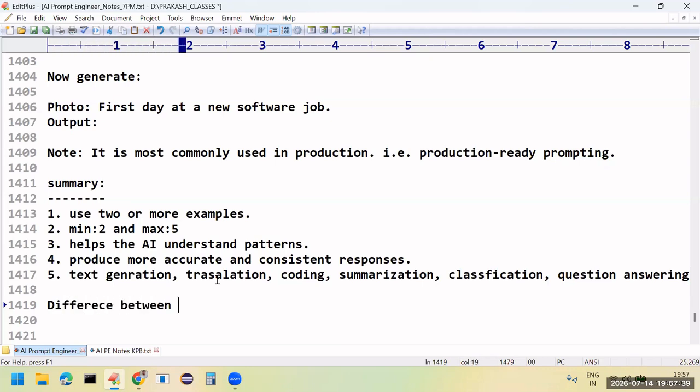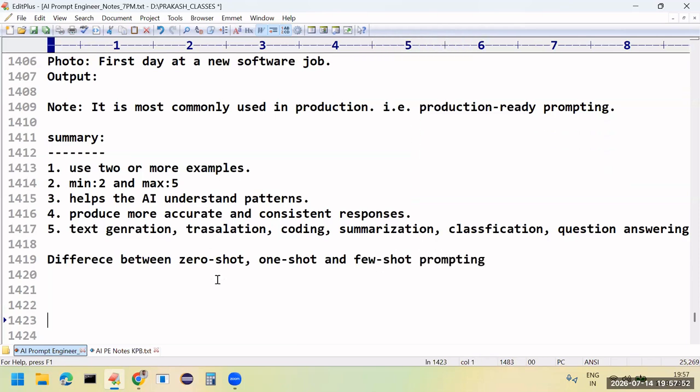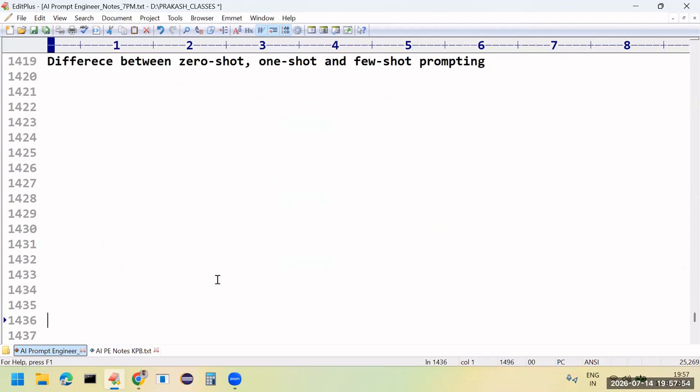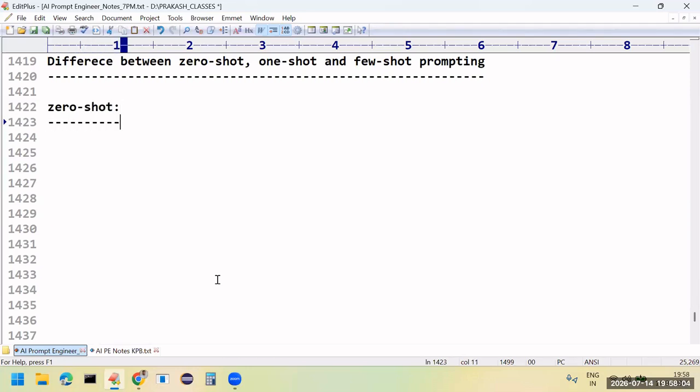Let's see the difference. If you take zero-shot prompting, sir, we are asking directly.